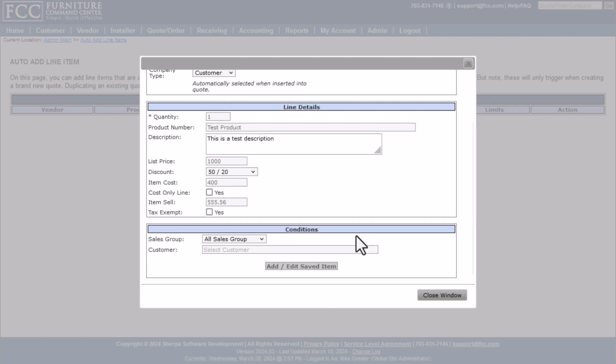Now, one of the neat things about this functionality is you can have all sorts of control about when this line item should be created. So depending on your environment, you'll have different conditions down here at the bottom. For this demo environment, I can have this line item only created under two different scenarios, a particular sales group or a particular customer. So these are optional, and you might have more like order types or different additional conditions